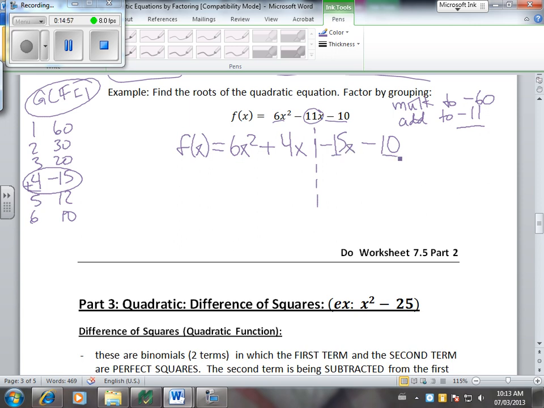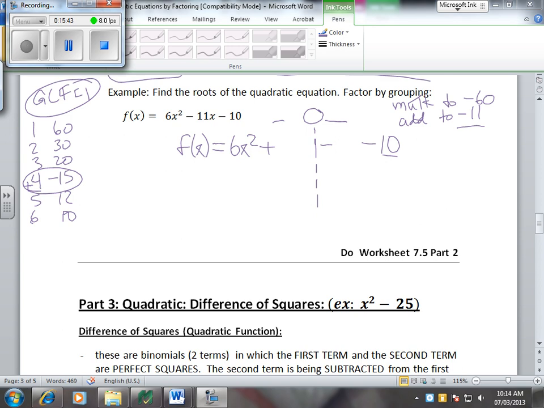So let's go ahead and factor that. We'll have 2x, and all I'm left over with is x plus 2. And here, if I take out negative 5, I end up with 3, sorry, just one second. So I'll have 3x plus 2. Now remember that I want both my factors to be the same here. And do I have the same? No. So I did this to show you that sometimes you have to do a little bit of trial and error. Okay, so I'm going to